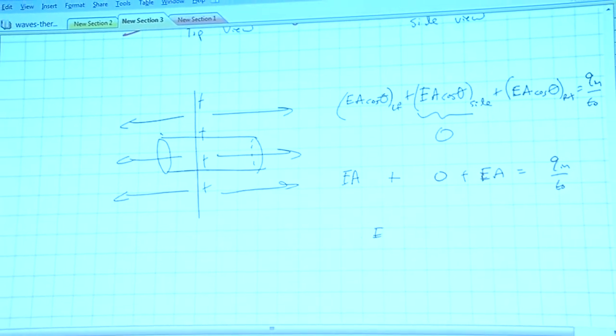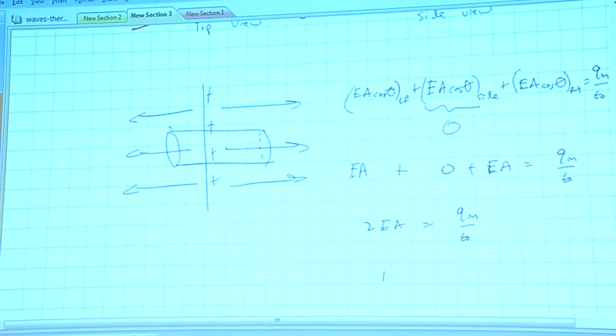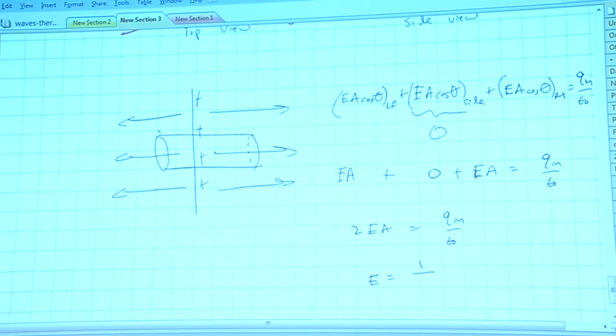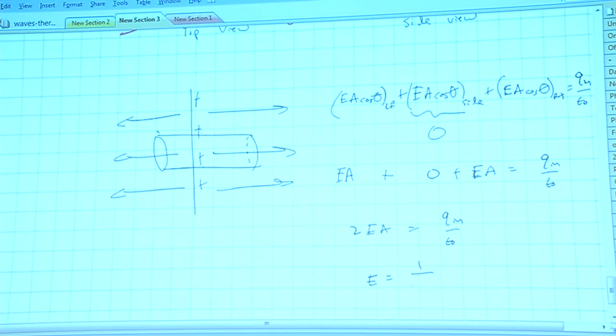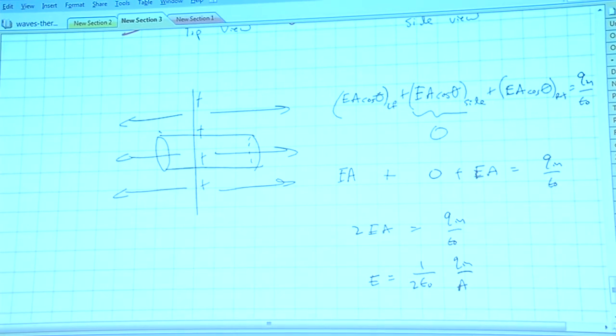And so what do we end up with? We end up with 2EA, where the electric field is 1 over 2 epsilon naught times Qn over the area. And what is Qn over the area? This area is going to